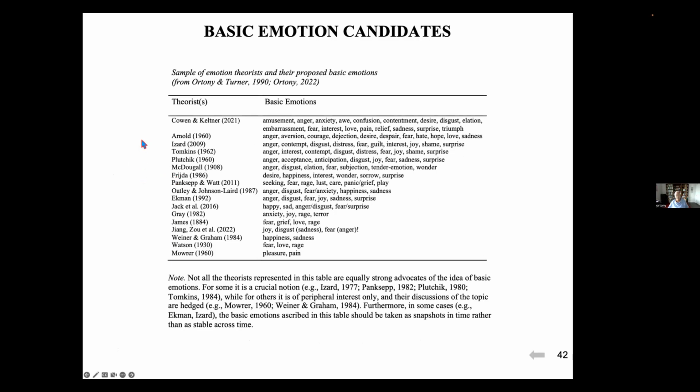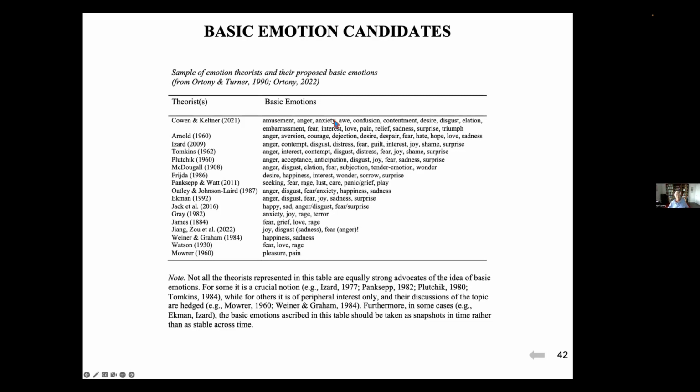Here is a way of seeing this. If you take the top row here, there are 1, 2, 3, 4, 5, 6, 7, 8, 9, 10, 11, 12, 13, 14, 15, 16, 18 at the moment, as of today's count, 18 basic emotions, according to what, by the way, I think is excellent work by Cowan and Keltner. The point isn't the quality of work, the problem is thinking of them as basic emotions, or at least the field interpreting them that way.